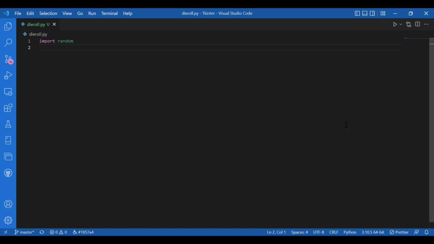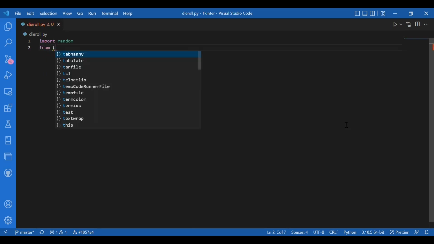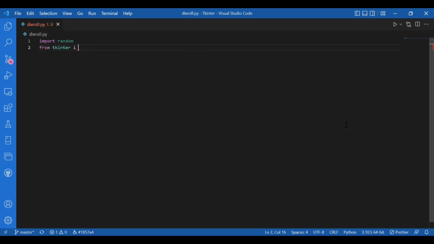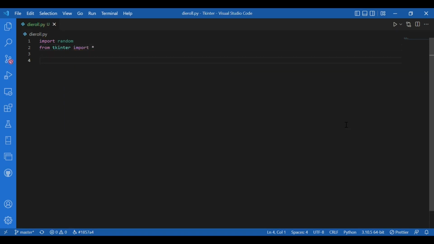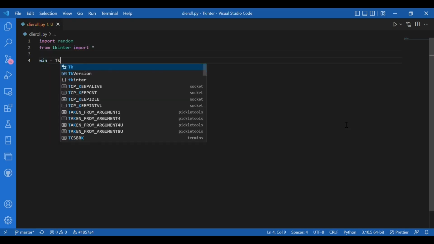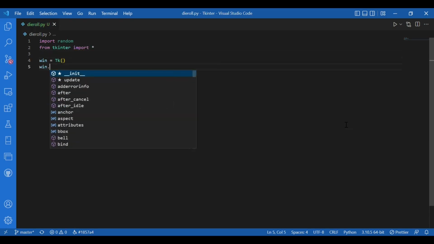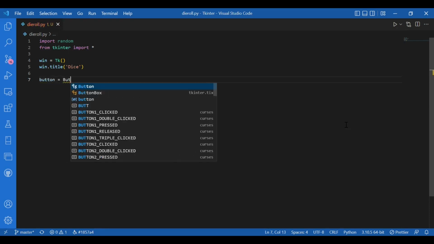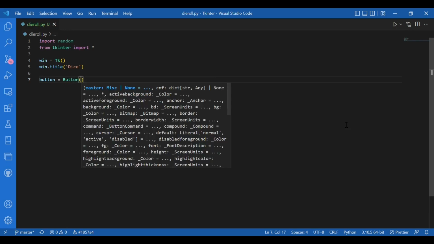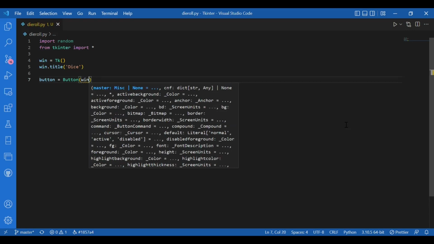So let's get started. I'll first import Tkinter, or rather I'll write from Tkinter import star, and I'll write win equals tk, and win.title, let the title be dice, and I'll add a widget, so I'll write button equals button. Where do I want the button? I want it on the window, so I'll write win,